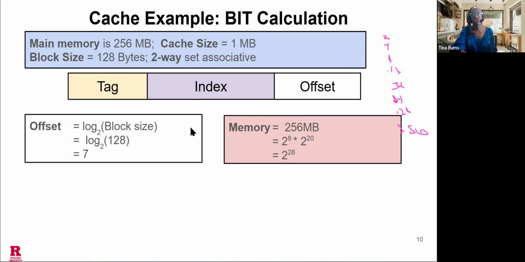All right, so now I have my main memory size. I also have my offset, and I can continue this further and then determine what my index is. Now your index, right, is